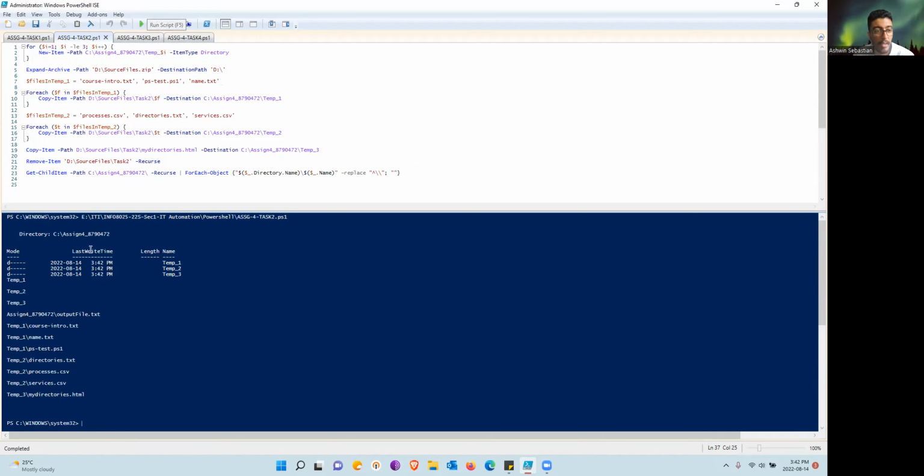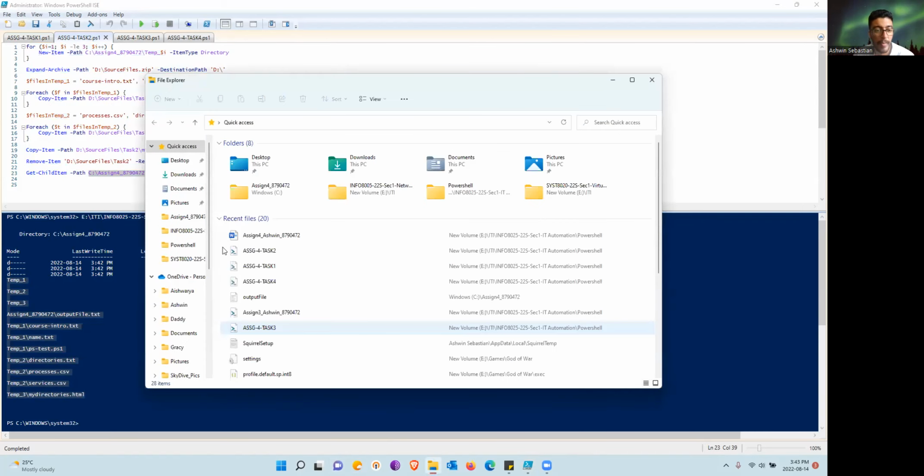So as you can see, I have run the script. It has created 3 folders, temp1, temp2, and temp3, and then it has listed all the child items of the C assignment number folder. So let me quickly go to File Explorer and show it to you. And it also has deleted